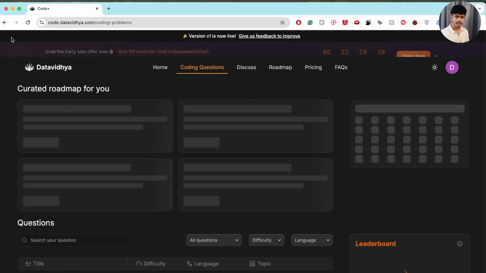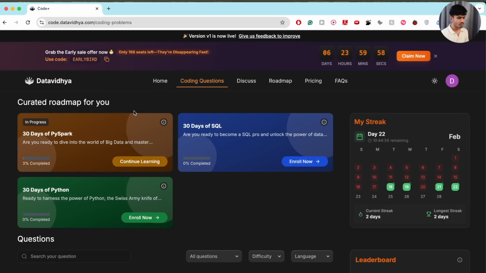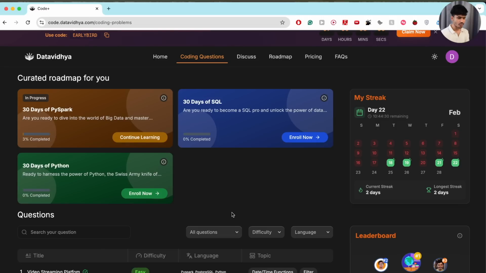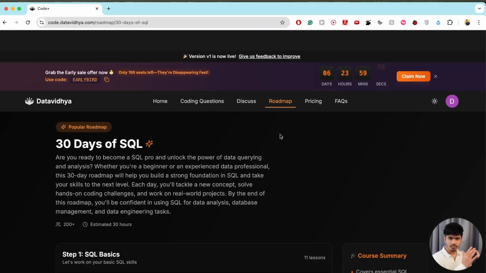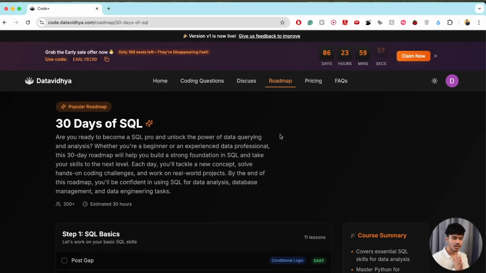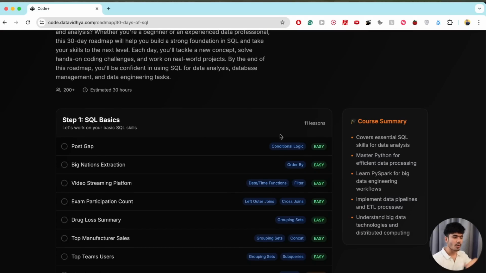Now the next thing is the roadmap, right? With the roadmap, I can have a structured understanding of everything that I do. I can click on enroll. You can enroll in a particular roadmap and start executing the code. Roadmaps are basically the same questions given to you in a structured format, so that you don't waste your time picking out the right problem. Everything is given to you in a proper roadmap, so you directly start solving a question and move forward.